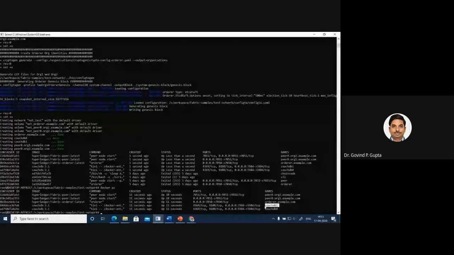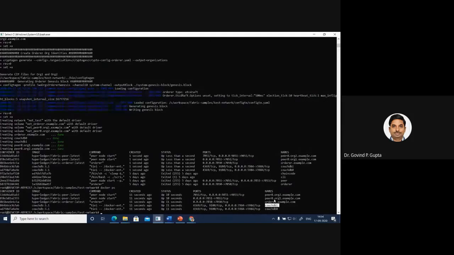So whatever transaction is created by the peer is first stored locally in the CouchDB, and after the consensus and ordering process, it is going to be included in the blockchain. So this is the way of attaching the world state. You can also add a certificate authority to the container.